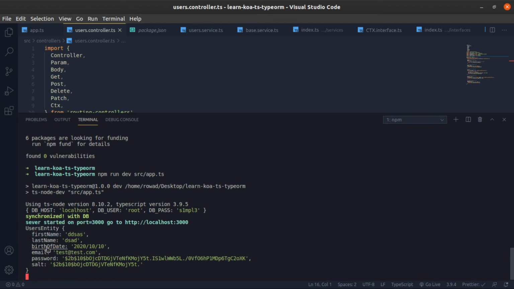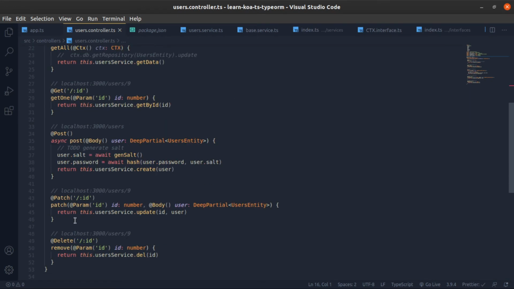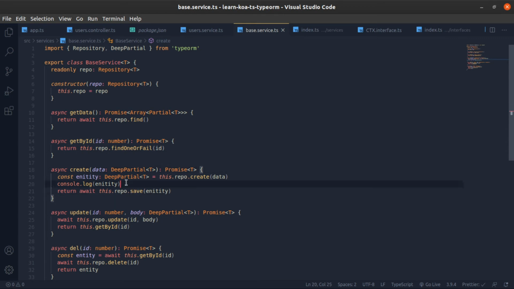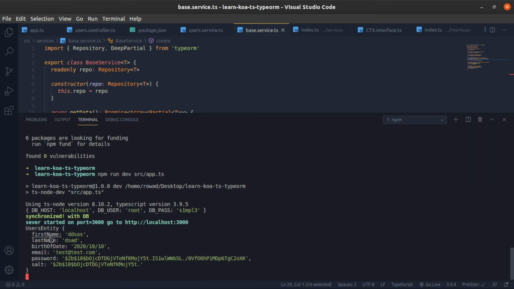And where we are logging this, I'm not sure. Maybe in the create? Yeah, okay, in the create. Yeah, I was trying to show you that this is a partial entity, as you can see, you